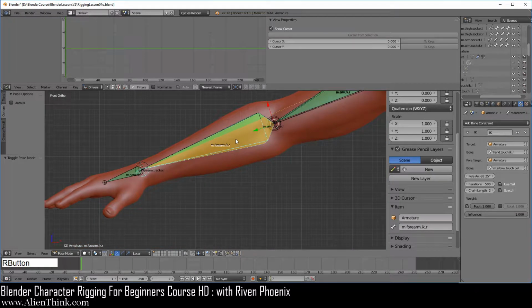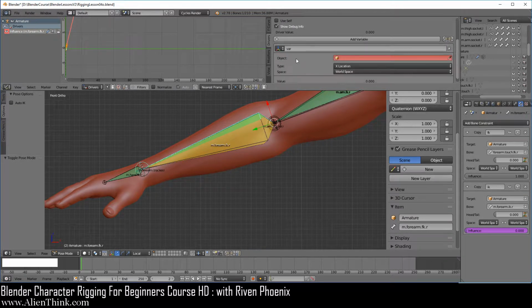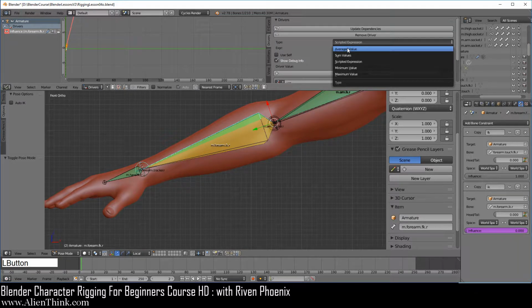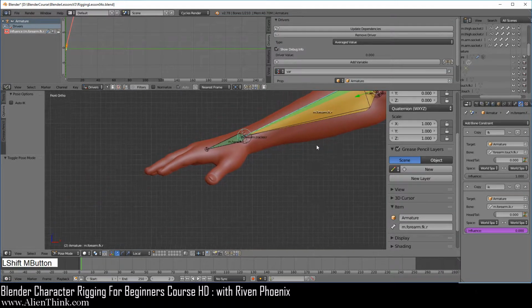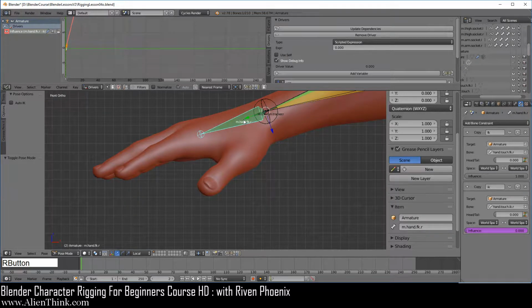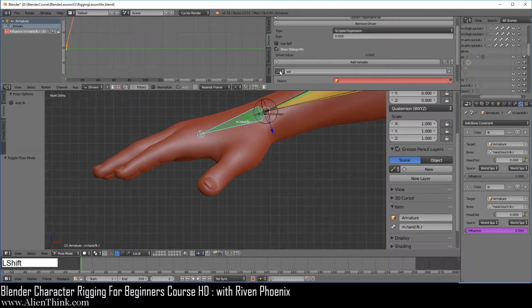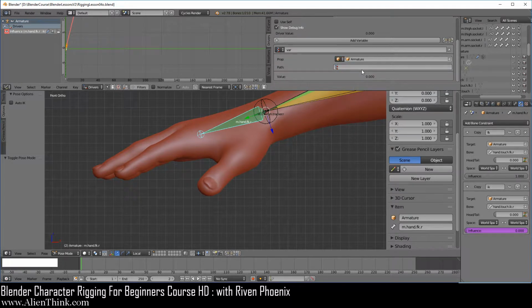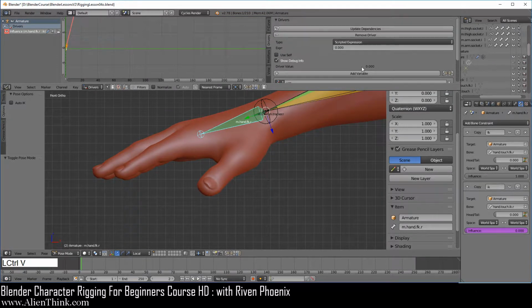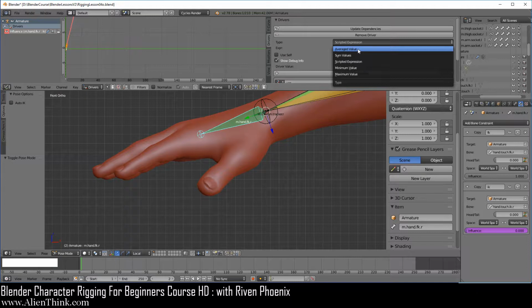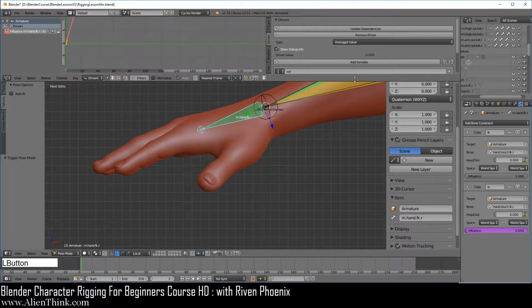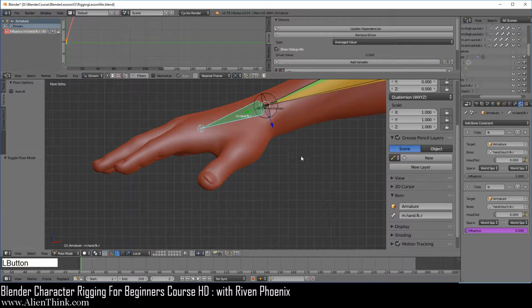Now go back to this bone, do single property, armature, Control V, average values, and click on update dependencies. And of course, make sure you go to this one, do single property, click on armature, do Control V over here, and do average values. Okay, now let's leave this driver panel up. I'm just going to do update.